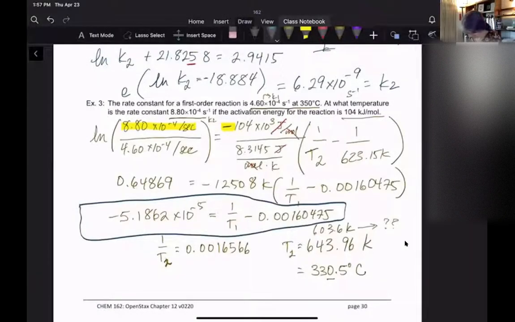I get a different number right there. And then when I invert that,